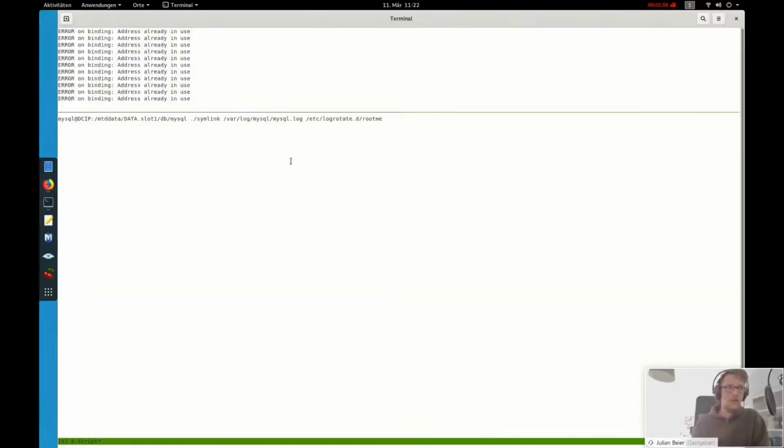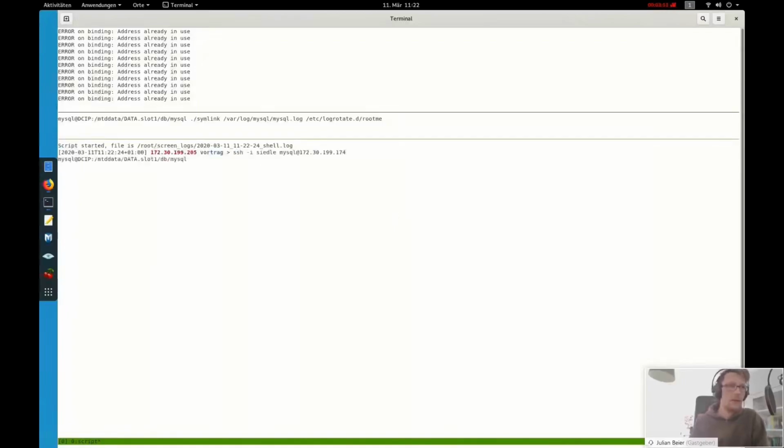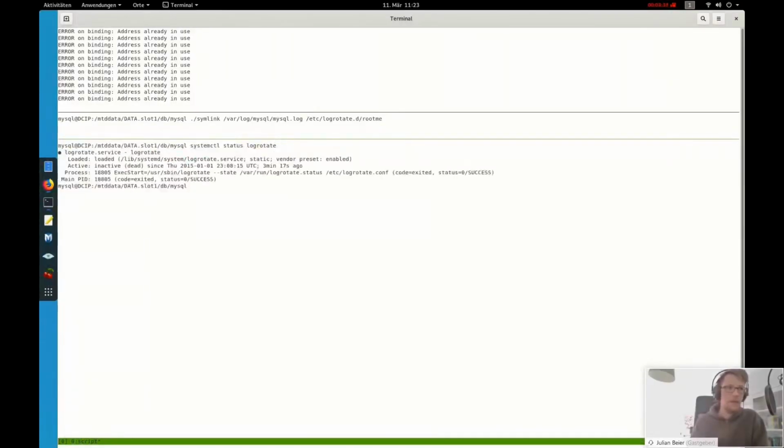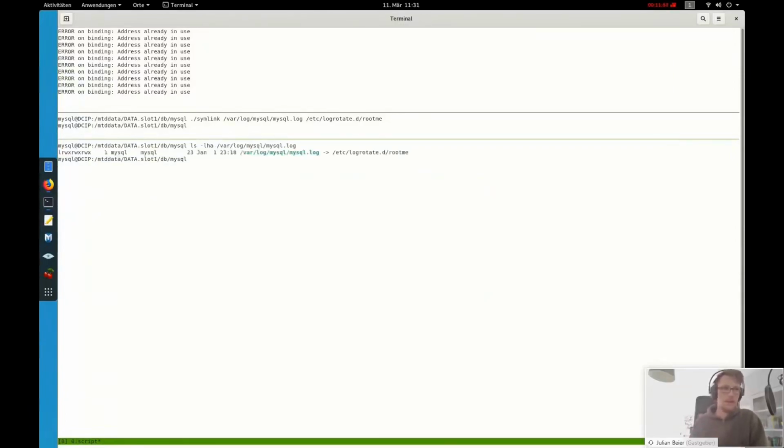So we first try to Symlink mysql.log to a file rootme in logRotateD, and now we have to trigger logRotate. For that, we have to fill the MySQL log, and then wait 8 to 10 minutes for logRotate to actually execute, because it only executes roughly every 10 minutes. As you can see, that was done. We created the file inside logRotateD,